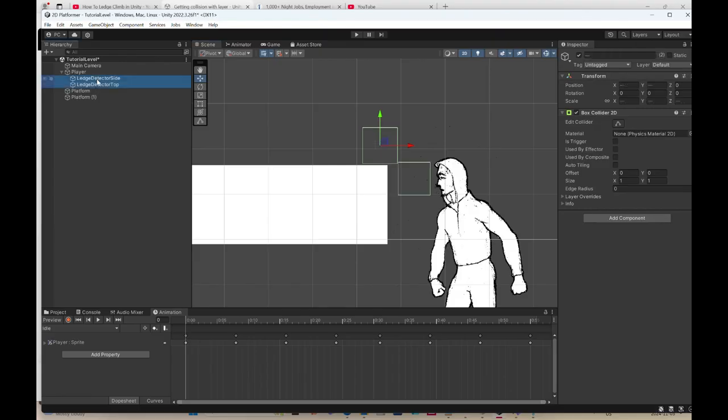so if I select these two, he's going to grab the ledge if this square here is colliding basically with any object, any 2D object, if and only if this isn't colliding with anything. So this top one is not colliding with anything. So as soon as that happens,